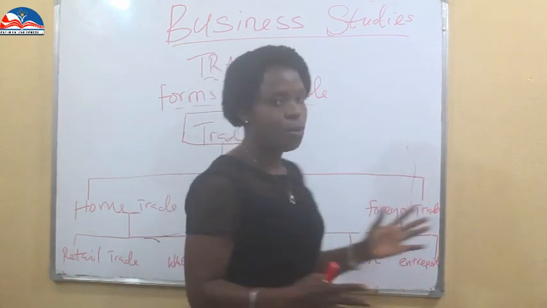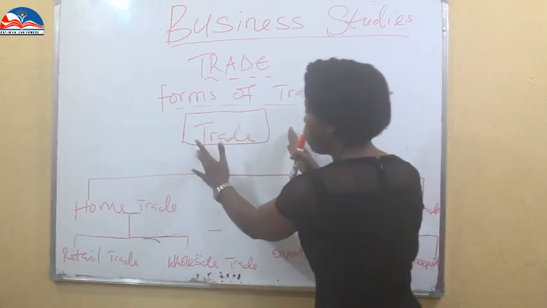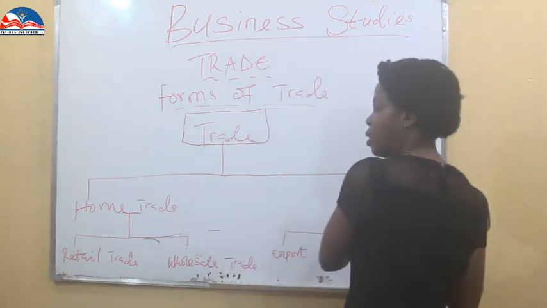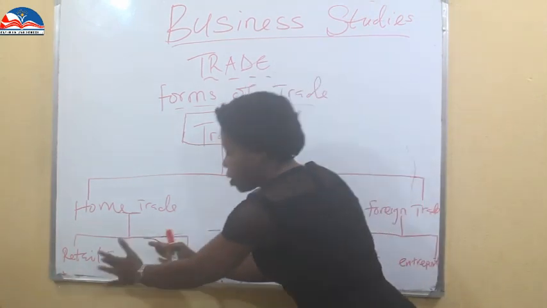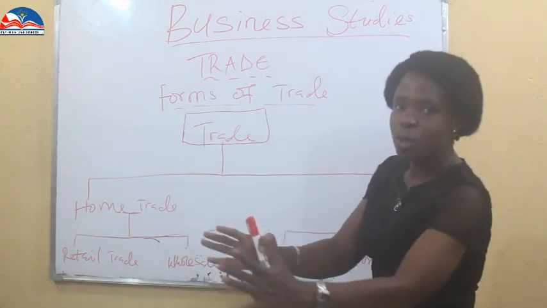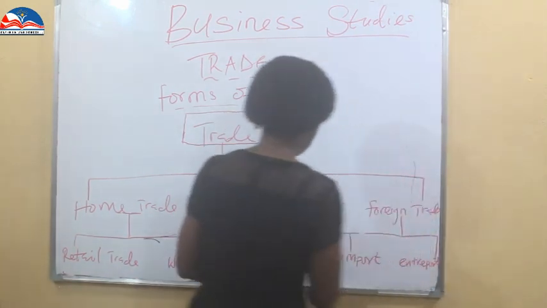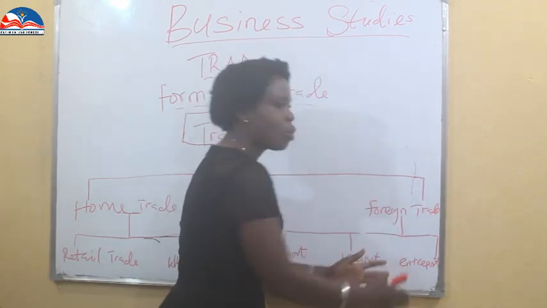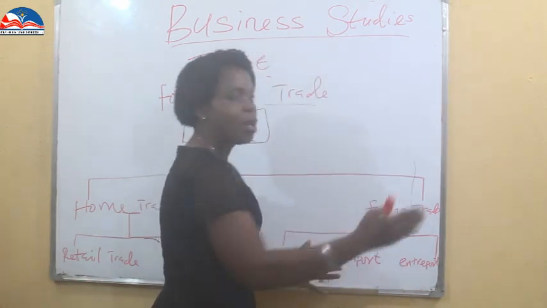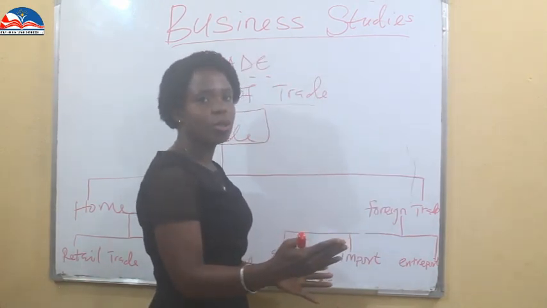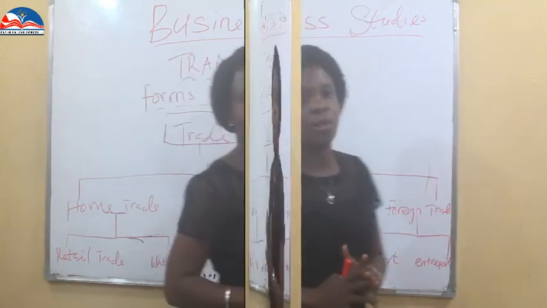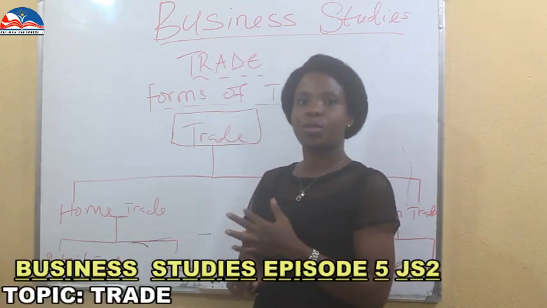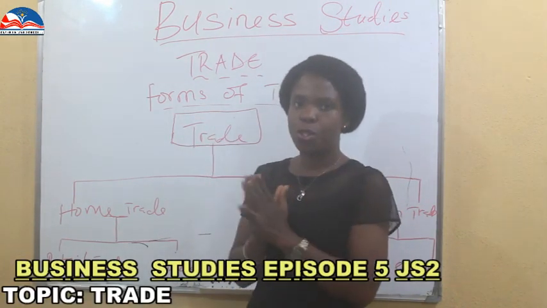So you have seen what trade is. Trade is the heart of business. We have home trade, we have foreign trade. This is internal trade. This is external trade. This is the wholesaler buying in bulk. This is the retailer buying in small quantity a variety of products. This is export, taking goods out. This is import, bringing goods in. This is entrepot, shipping in goods, then later shipping them out to another country. So this is what we are covering in our class today. Today we have covered what trade is, importance of trade, then forms of trade.